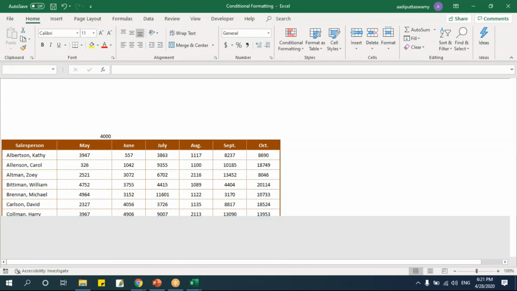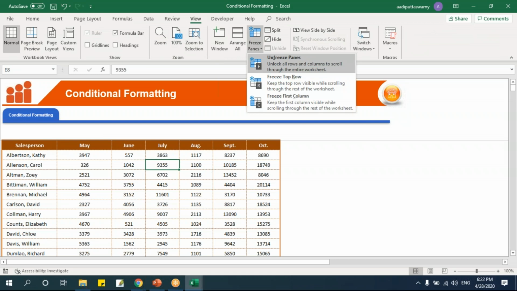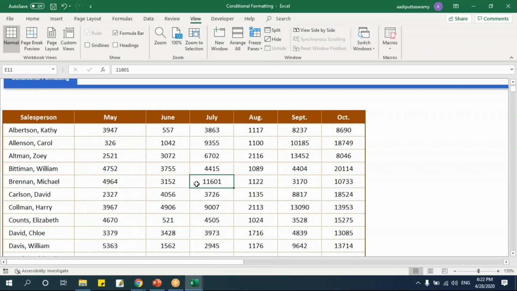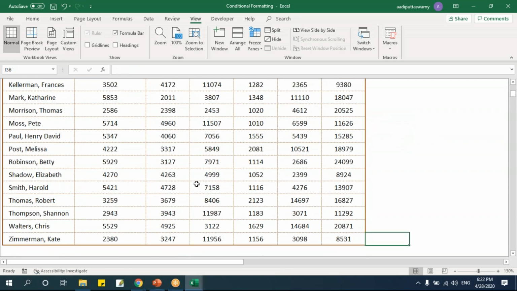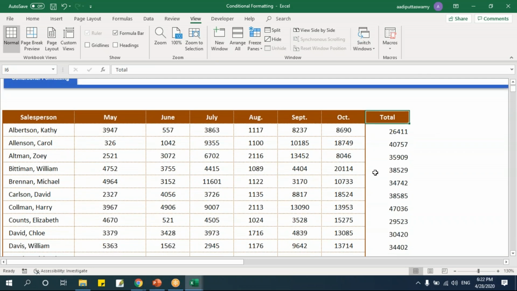Let me open this. See, if you see here, I have a table. Here, let me take one total. I'll say sum of this. I have a total.